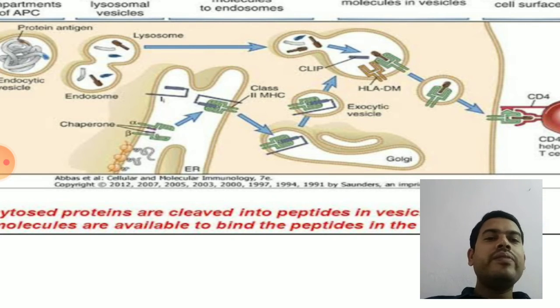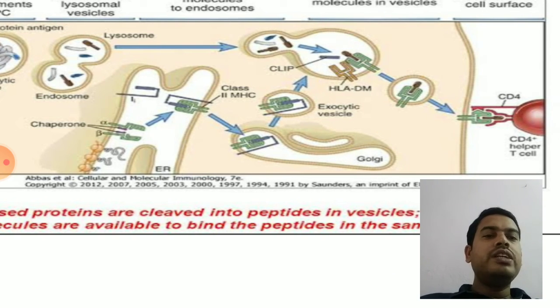You can clearly see the antigenic peptides will first bind to HLA-DM. It is a non-classical MHC class 2 molecule, and then from HLA-DM it will bind to the class 2 MHC molecule. So here the invariant chain will be removed and the antigenic peptide will be bound on the surface of class 2 MHC molecule. From there, as a vesicle, the MHC class 2 molecule with antigenic peptide will be transported onto the transmembrane region, where it will present the